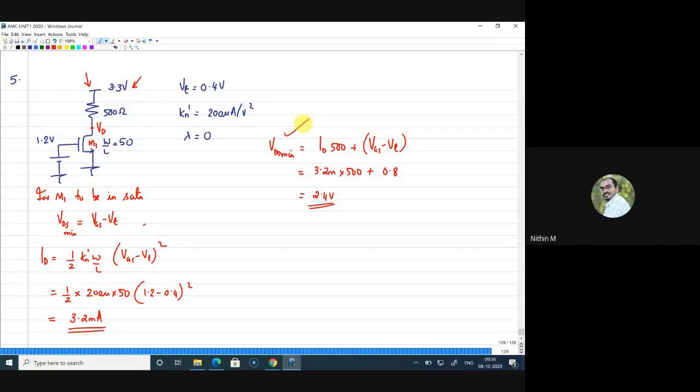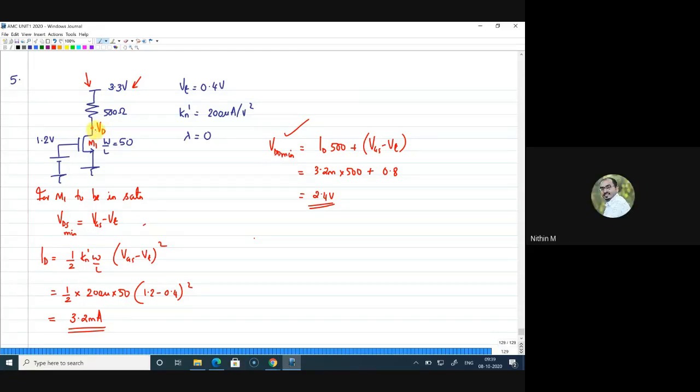So Praveen, if you look at the circuit, the question asked is what is your minimum VDD? So how will you find minimum VDD? That minimum VDD should help the resistor drop the same current of 3.2 milliamps, plus the transistor should be in saturation. For this transistor to be in saturation, the minimum voltage available at the drain should be equal to Vg minus Vt, or Vgs minus Vt. That is a minimum. It can be more than that also. But the minimum drain voltage should be equal to Vgs minus Vt. Is there clarity on that, Praveen?